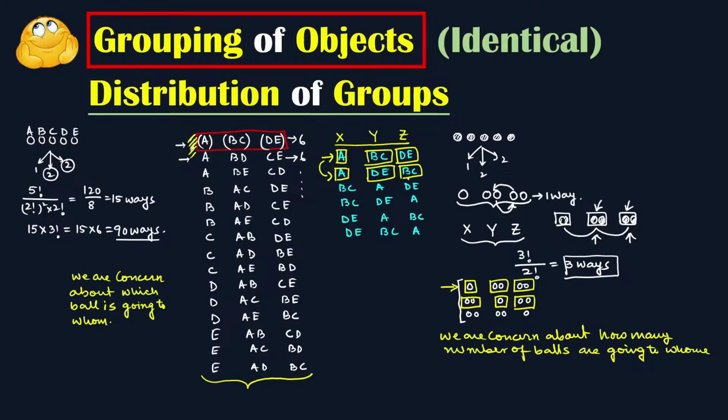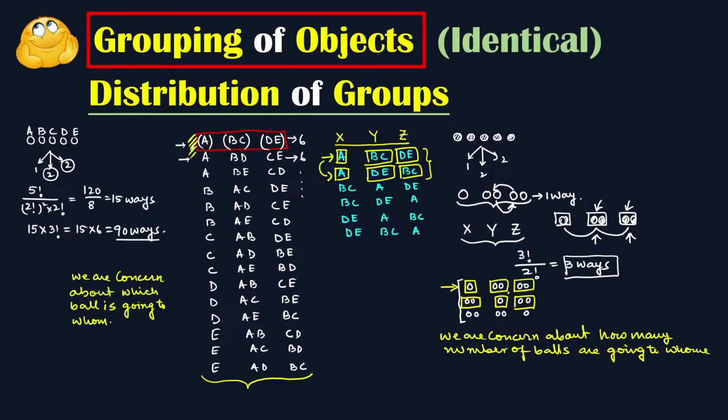Both Y and Z are getting 2 balls each, but here which ball is going is actually a matter of concern. Yes or no? That is why these two are different ways of distributing among these three persons